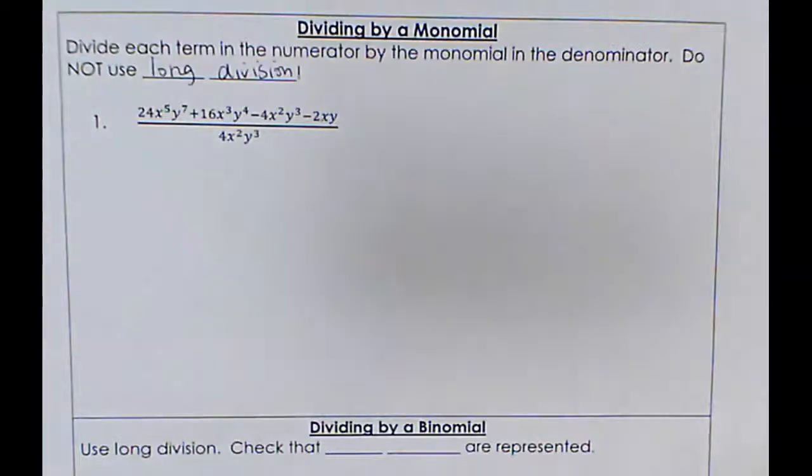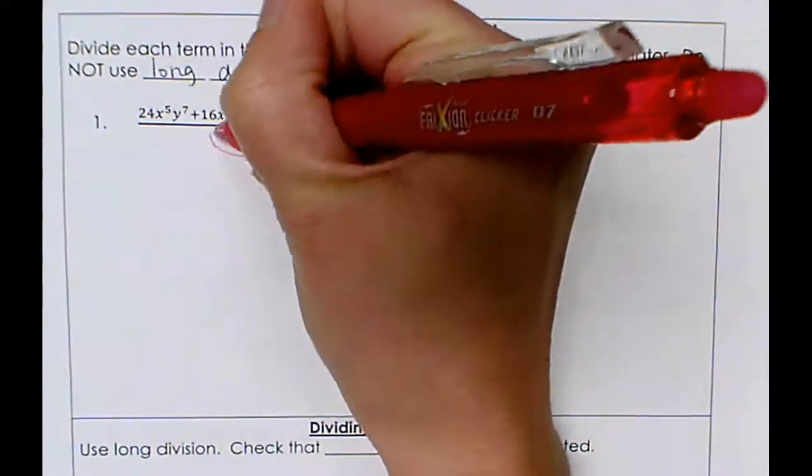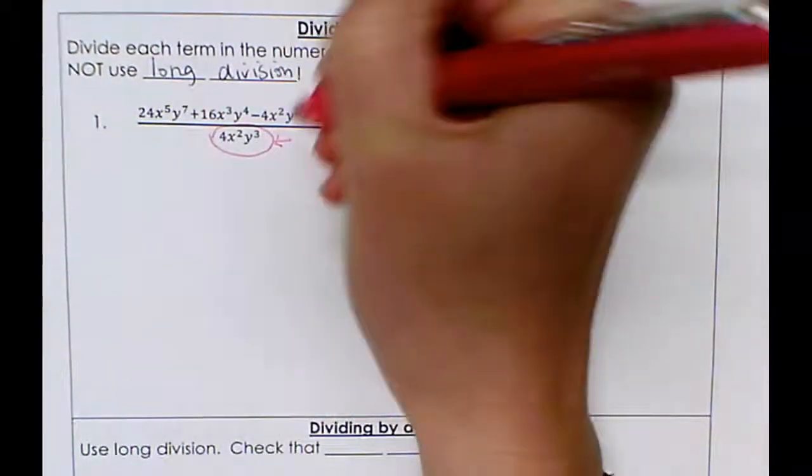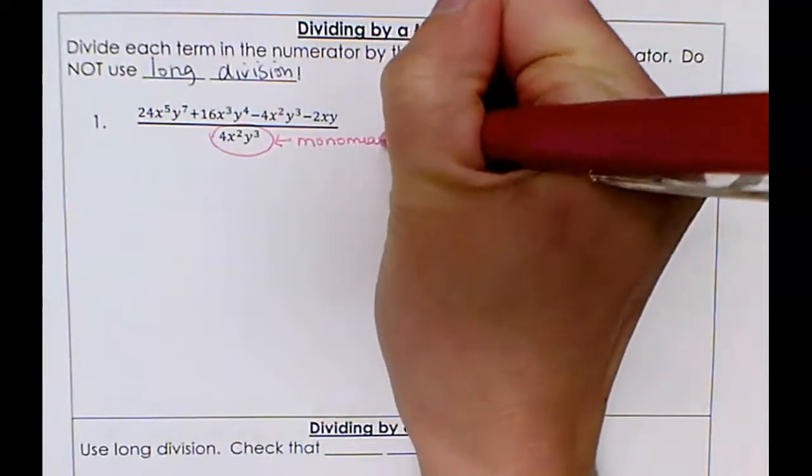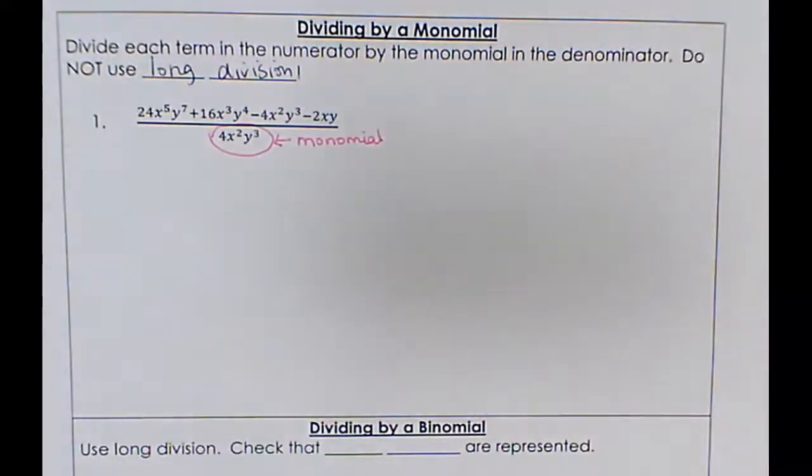This is a monomial. Mono, the prefix, means one. And I know it's a monomial because it doesn't have any addition or subtraction, so it's just a single term. So the way that you deal with this is not long division. The way that you deal with this is creating separate fractions with the monomial as the denominator,